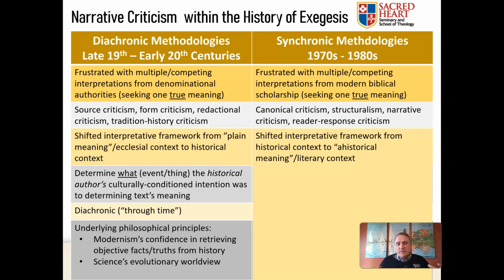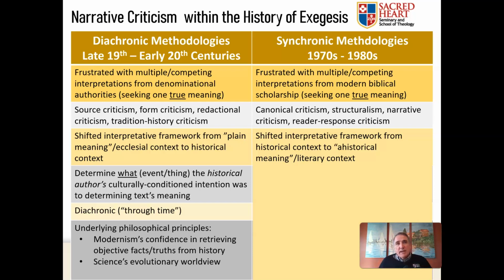They wanted to focus upon the literary nature of the text because that's fixed, right? That doesn't change. And so maybe if it doesn't change, then it doesn't have the variables of history affecting it, like it would with the diachronic methods, which results in multiple interpretations. If we just look at the